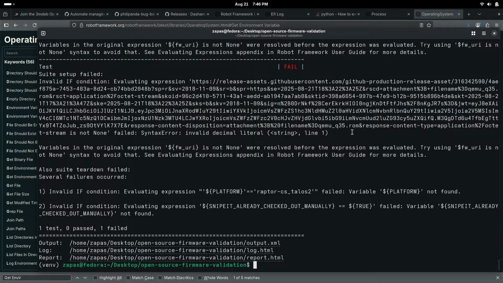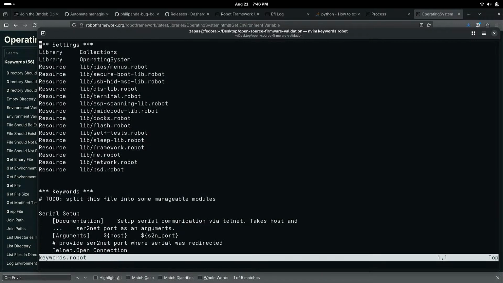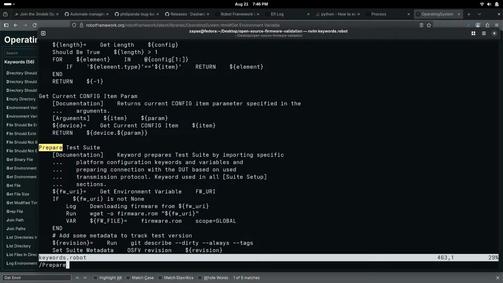We are evaluating the string there. Yeah, using the syntax with $ sign and curly braces, the value is pasted in this place in Python. It is not treated as a variable, but if we remove those braces, it would be the same as giving the variable name here, not the value. Like Robot Framework under the hood executes a tiny one-liner in Python here